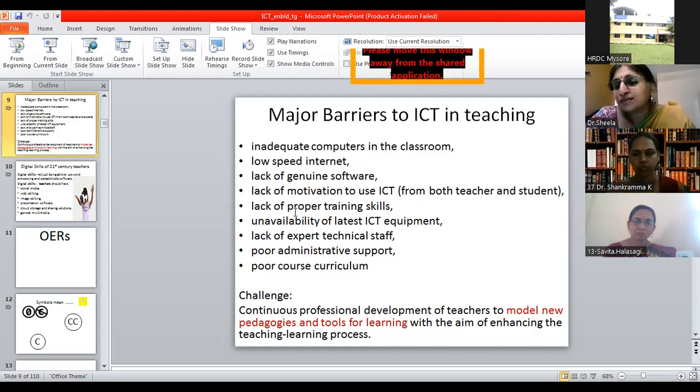So that training should be given to the teachers now. Then the lack of expert technical staff when we speak about schools. Our schools do not have maintenance staff and technical staff to maintain all the hardware required for ICT in teaching. And then poor administrative support is also one challenge. Especially when we are speaking about challenges, the continuous professional development of teachers is a challenge, because once we